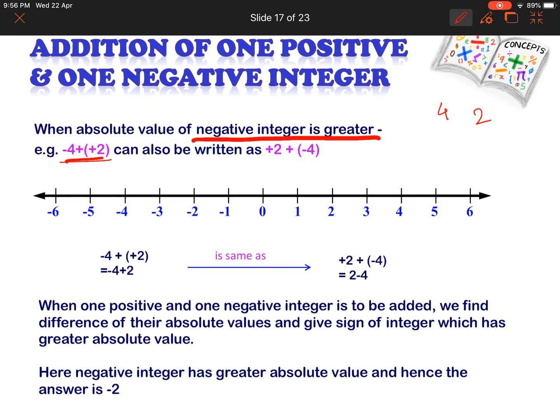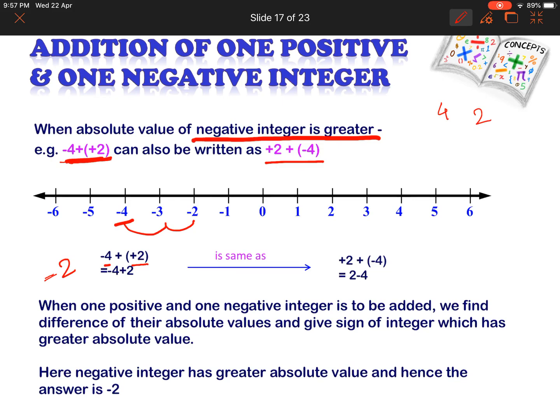This can also be written like this due to commutative law of addition. Let's solve it first way. Minus 4 plus 2. We are adding positive integer. We will move towards right. We'll take minus 4 and then we will move 2 places to the right, which gives us minus 2 as